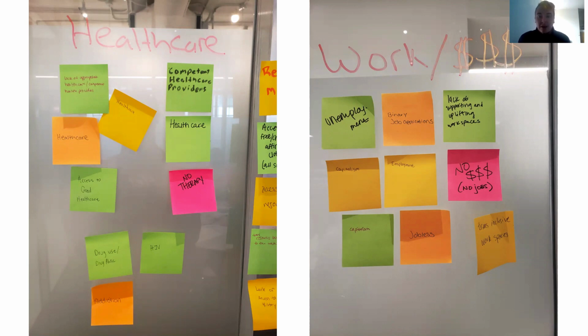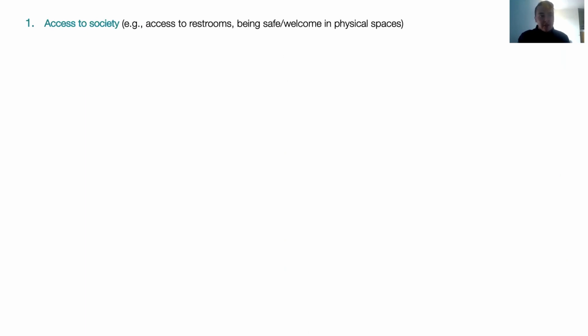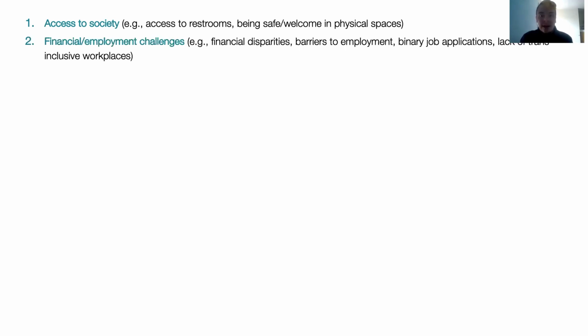So we have healthcare as one, where people say competent healthcare providers and no therapy. And then the other one listed is work and money, where people have unemployment, no money, no jobs. So we have a total of 13 categories that we found when we were doing the affinity diagramming. So the first one was access to society, which include restroom access and being safe in physical spaces, financial and employment challenges such as barriers to employment and binary job applications,